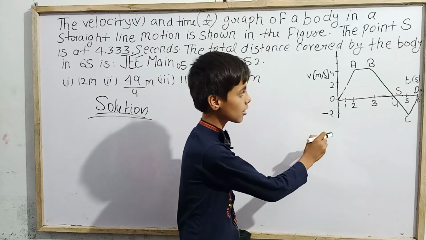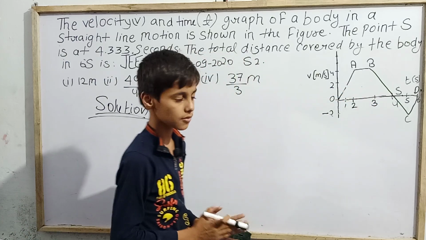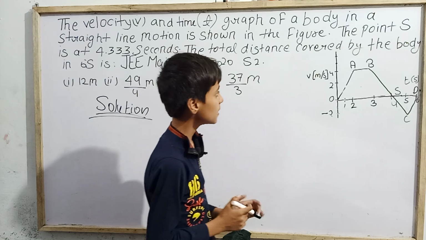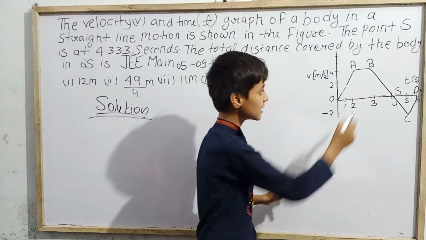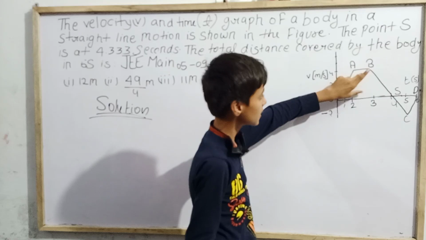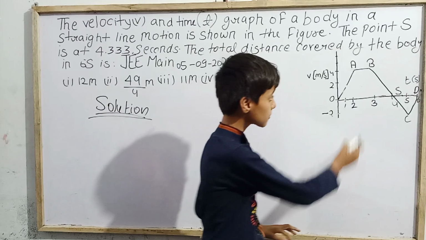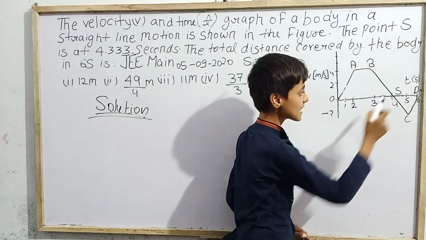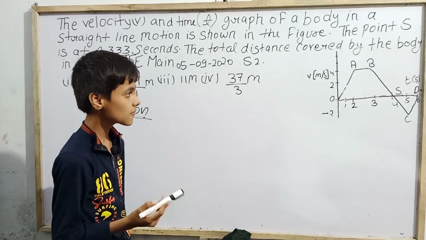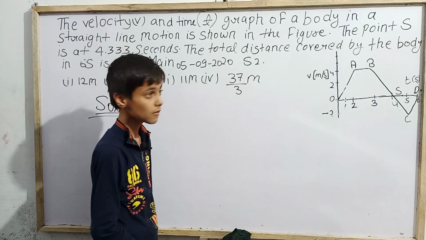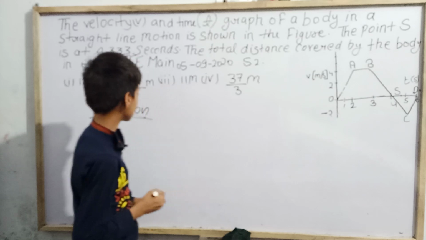In a velocity time graph, whenever we find the area, we get the distance. So for finding the distance, we will first find the area of this trapezium, then this triangle, and add them. Why add, why not subtract? Because the area of the triangle is negative, but we are finding the distance. Distance is always positive, while displacement can be negative. So distance is always positive, and we'll be adding. First we will find the area.